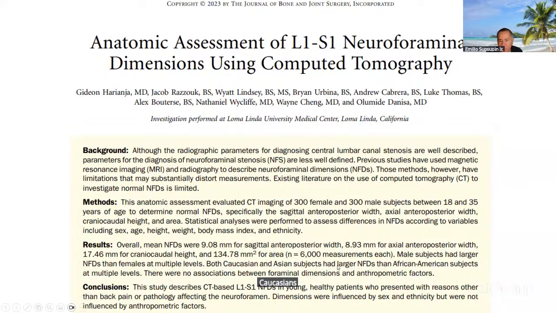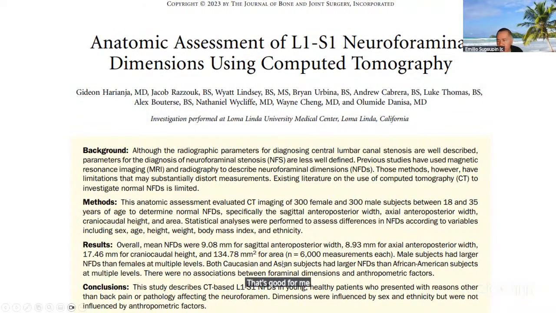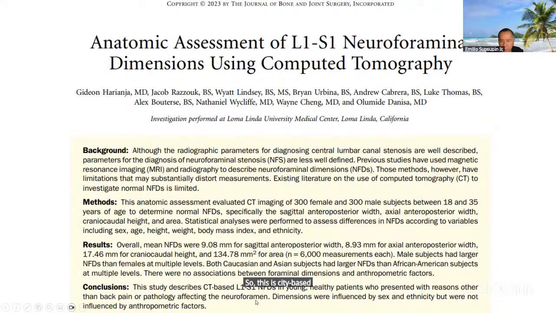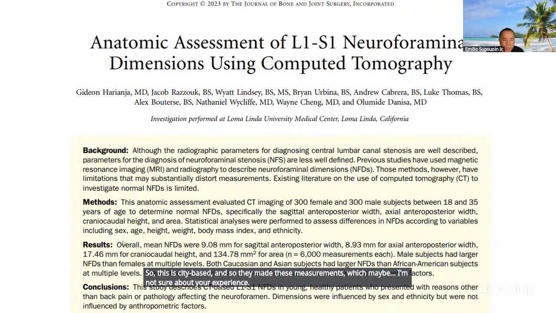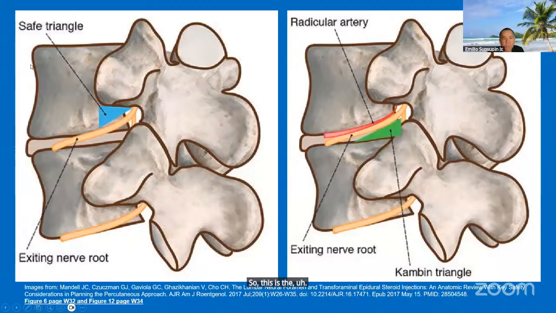Caucasians and Asian subjects had larger foraminal dimensions than African American subjects, which makes me think maybe that's good for me because of these results. But there was no association between foraminal and anthropometric factors. So this is CT-based, and they made these measurements, which maybe you can use as a baseline or a reference. So this is the difference between the safe triangle